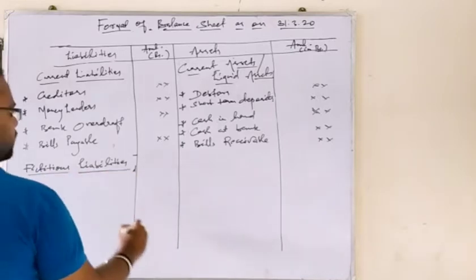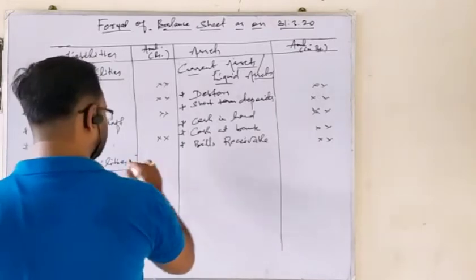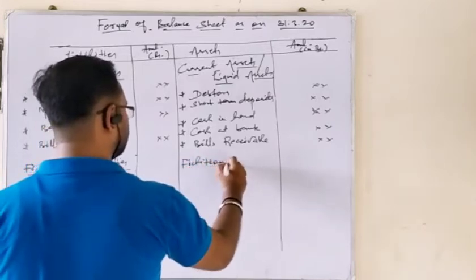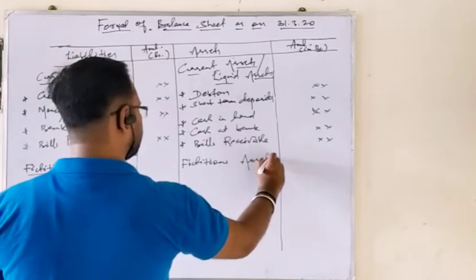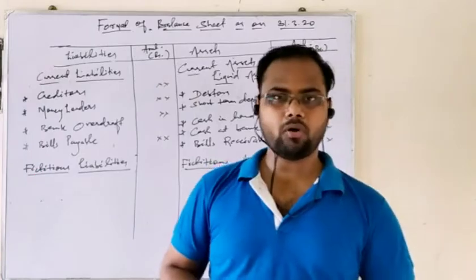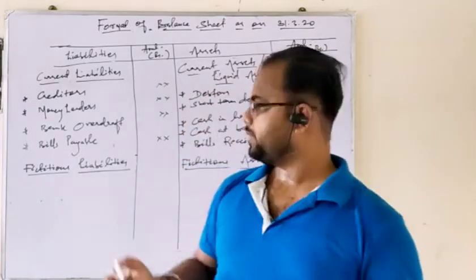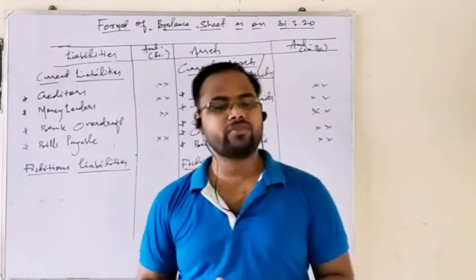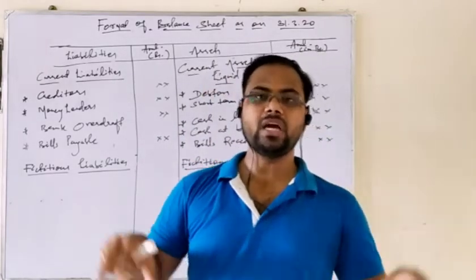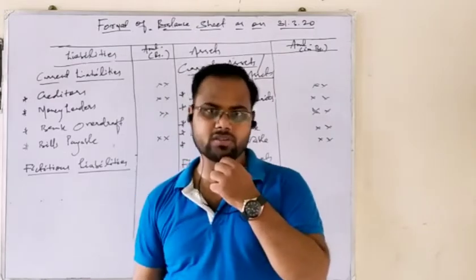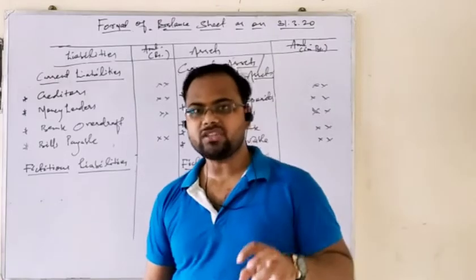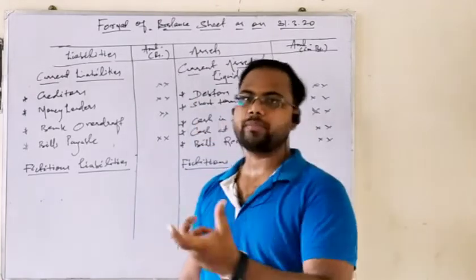Do you know what the word fictitious means? I told you when we discussed deferred revenue expenditure. Fictitious means something that does not have any physical form. These also represent the shorter amount of the business organization, that may be assets or liabilities. The term fictitious means that they do not have any more existence, or do not have any physical form. There are various transactions in business organizations that do not have any physical form but involve shorter amounts.